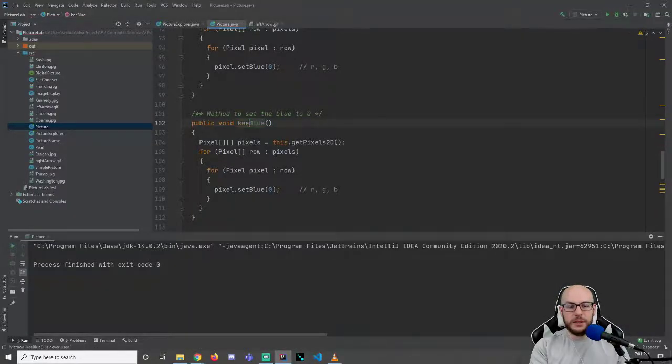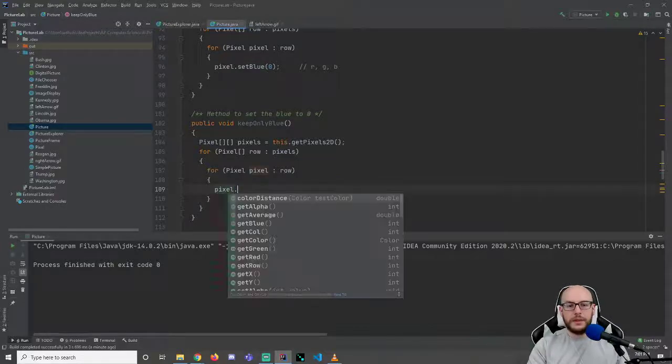By the way, this is probably a good spot to pause and see if you can actually figure it out yourself. The same concept is going to remain intact. We're going to loop through our pixels. With each iteration, I want to take the current pixel, and I'm going to leave the blue alone. I actually want to keep it as it is. What I'm going to do instead is take the pixel,